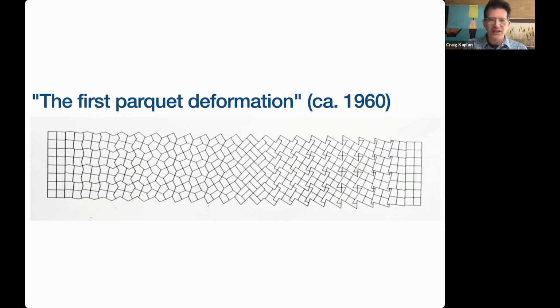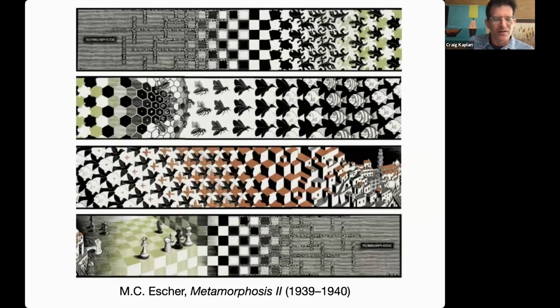You might also see a connection to Escher here. That shouldn't be surprising at all. And the canonical example that I'll point to from Escher is Metamorphosis 2, which he created. This is a woodcut from around 1939. And again, you can see that Escher had this development, this sense of evolution. Certainly Huff was familiar with Escher's work and does say that Parquet deformations were inspired in part by Escher,